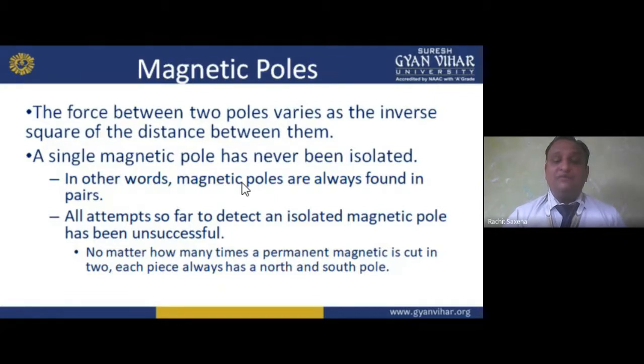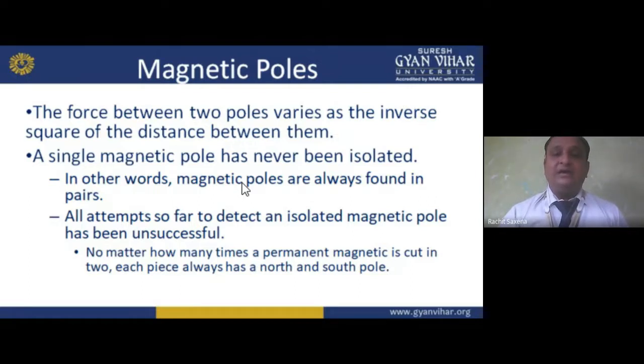If I'm talking about a simple magnetic pole, I already told you that a magnet always has a dipole system. And what is a dipole system? Dipole means two poles. Always we find north and south pole, south and north pole in a piece of a magnet. Suppose a rod is there, made up of magnetic material.